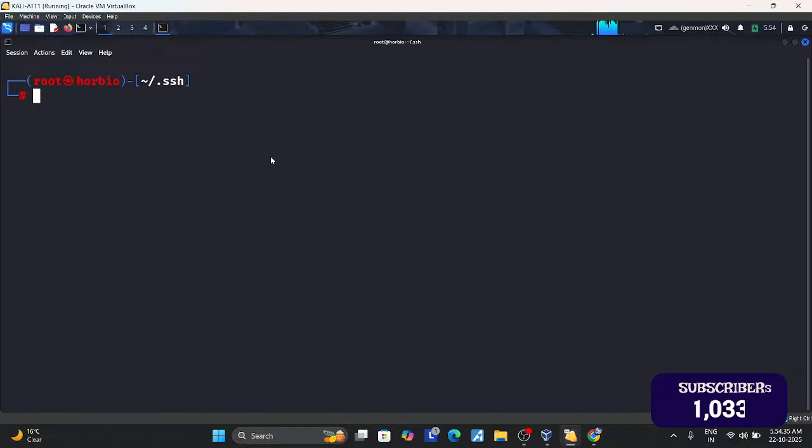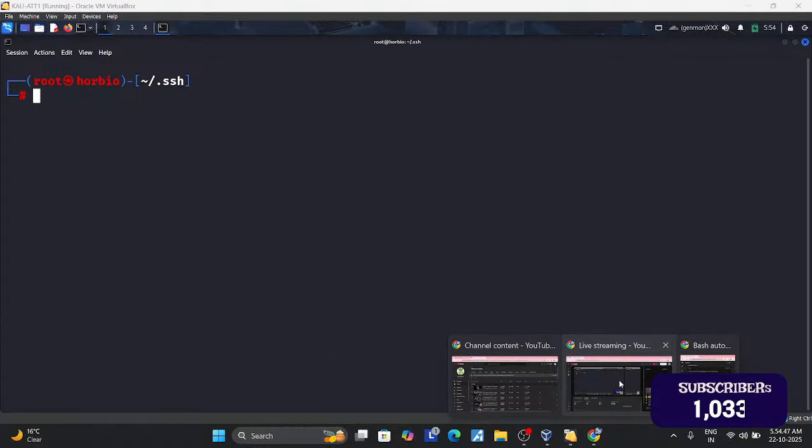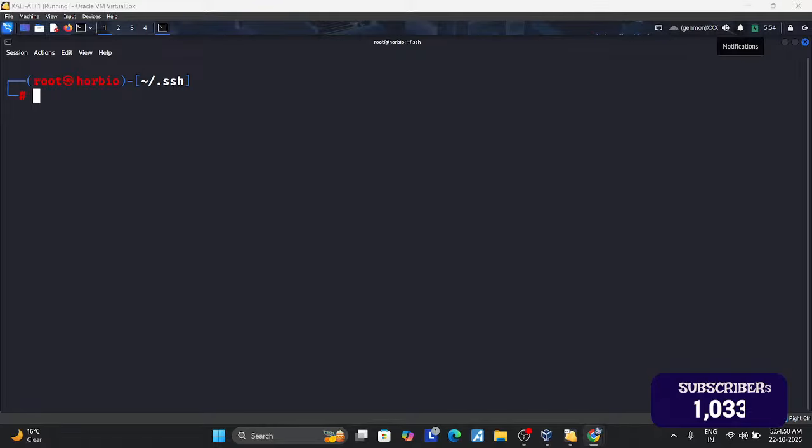Okay, so this is our John the Ripper tool to crack the hash files. All right, so the next tool is,